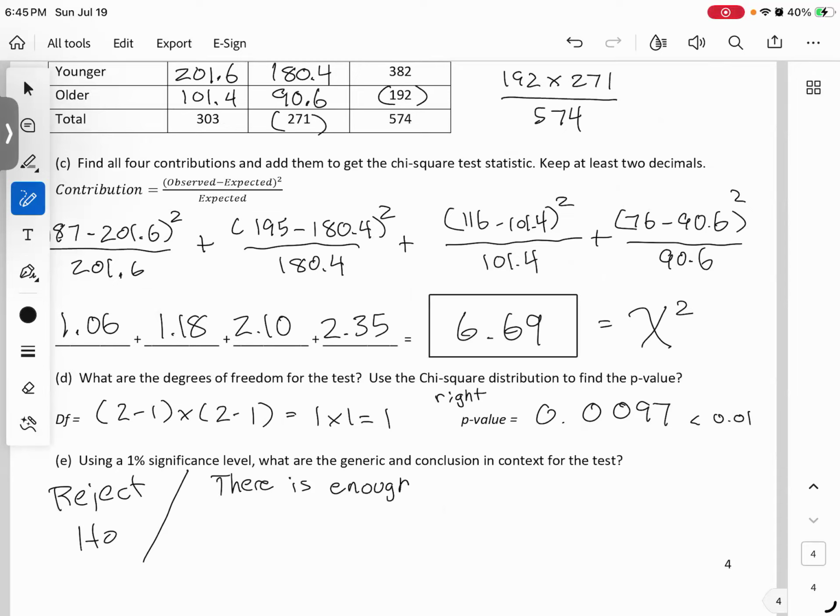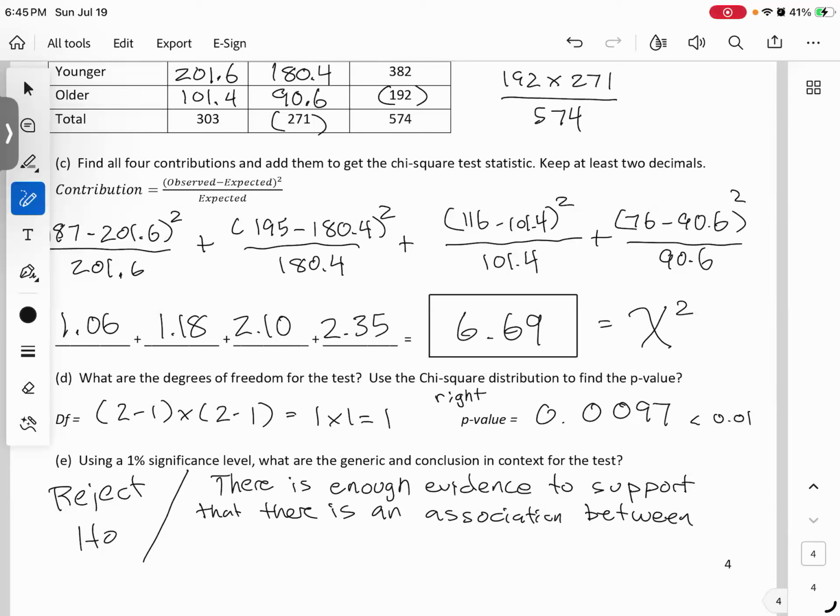I'm just going to go with the classic. There is enough evidence to support, or you can say suggest, that there is an association between split steel decisions and age. So again, it's not telling us who, but it is telling us that yes,